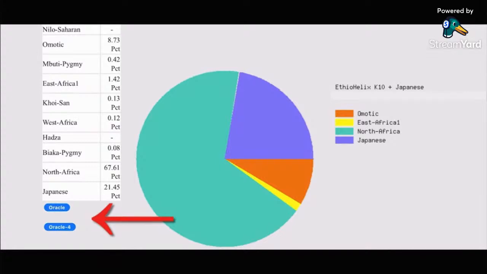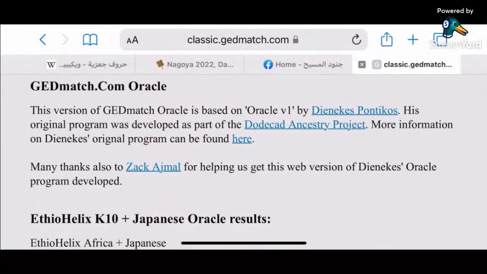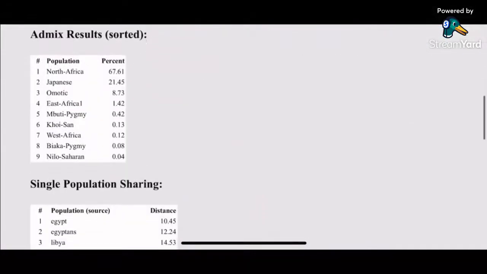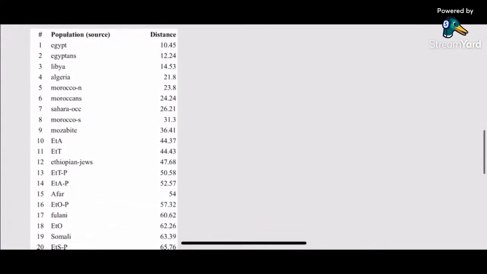I would caution everyone to be skeptical about a population you don't get in your results in GEDmatch proper, but which you do get in your Oracle results. So I'll click the button for Oracle to pull up my single population comparisons. As you look these results over, note my hit for Ethiopian Jew and note the distance. Here, the distance is slightly under 48.